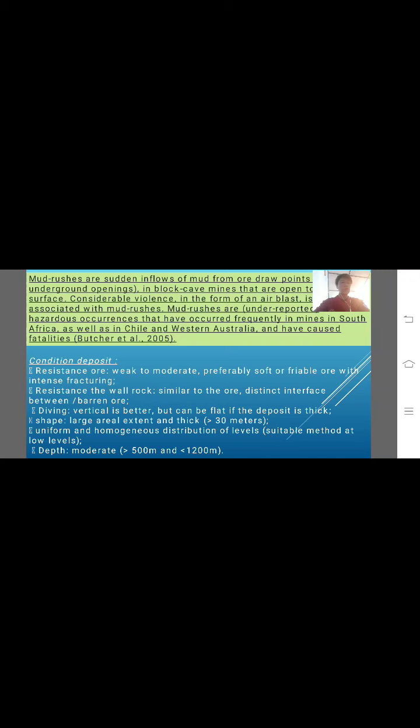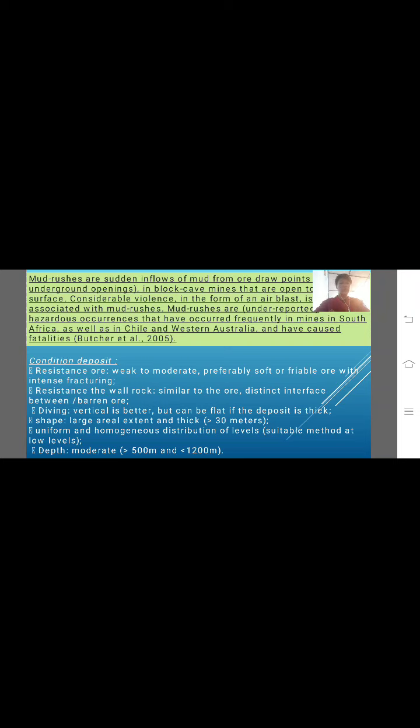The resistance of the wall rock should be similar to the ore, with a distinctive interface between the ore and the barren rock. The dip should be vertical, because vertical is better, but it can be flat in some thick deposits. The shape of the deposit should be large and thick, greater than 30 meters, and the deposit should be uniform and homogeneous